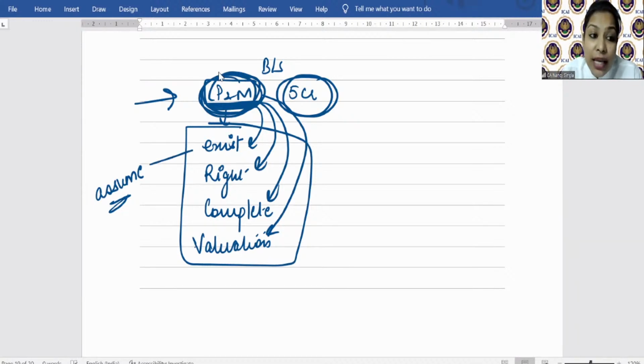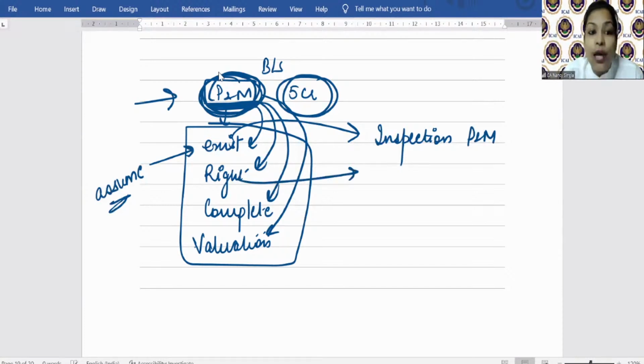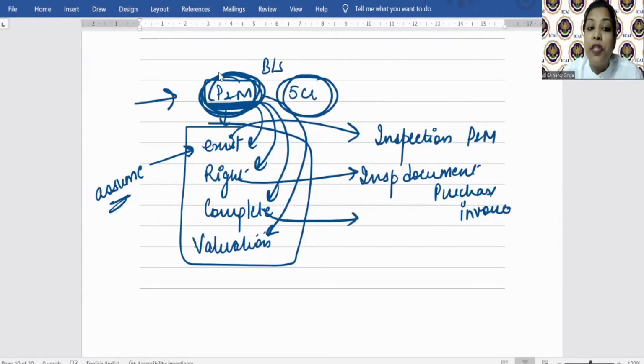So I'm going to check with respect to existence assertion कि सच में ये exist करती है, तो कैसे I can perform inspection. I may conduct physical examination of the plant and machinery, कि मैं जाके देख लूंगी ना कि सच में exist करती भी है या वैसे ही लिख दिया है, right? So I will inspect the documents relating to that building, purchase invoice, plant and machinery. I'll inspect the purchase invoices कि कंपनी के नेम पे है ना, complete है ना।